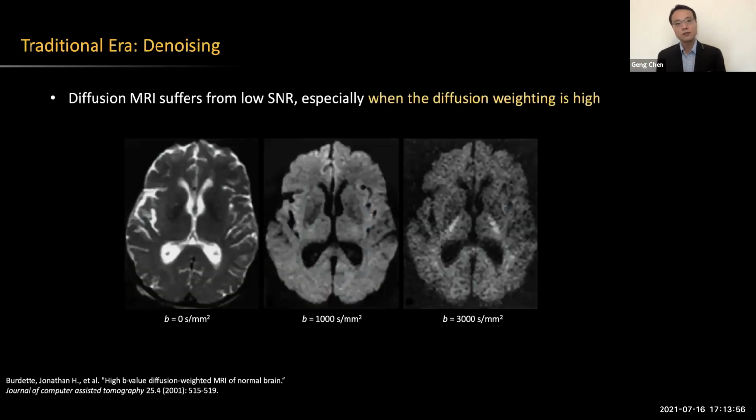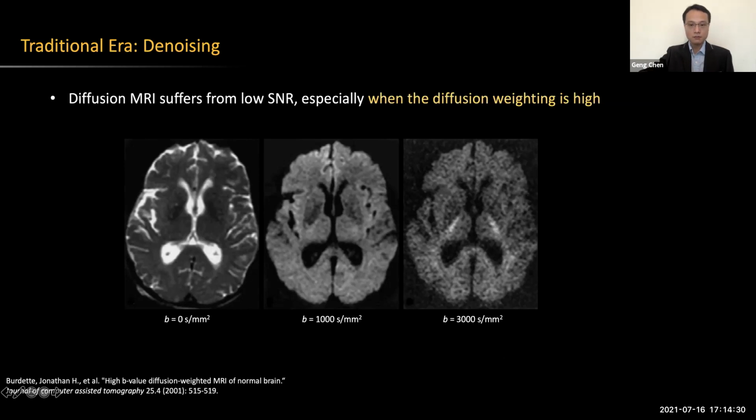The first work is for denoising. Denoising is a very important task in diffusion MRI, because diffusion MRI suffers from low SNR, especially when the diffusion weighting is high. Like in this example, the left one is the baseline image, and the baseline image is actually equivalent to a T2 weighted MRI image. You can see that a clear structure can be observed in the image